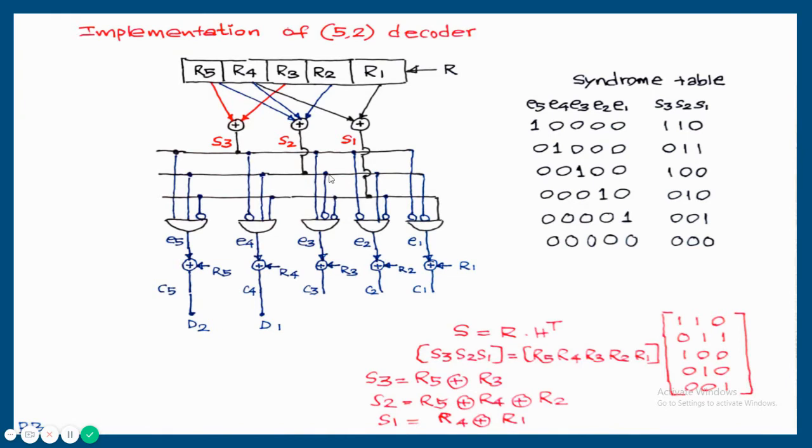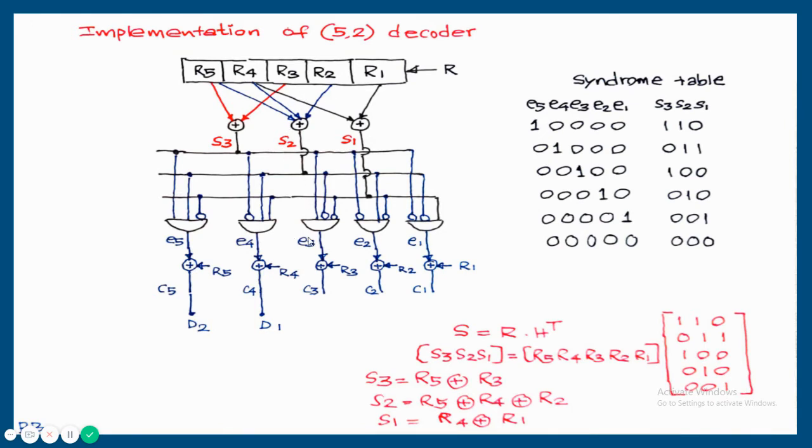Don't use the last combination 000. But total number of error bits are only 5, so we need only 5 AND gates. And if the syndrome is 000, you can verify the error pattern will be 00000, because there is no connection with the 3 inverters. So at least one 0 is going to be multiplied, the product will be 0. So for any syndrome, we are going to get the corresponding error pattern at the output side. Each one can be verified based on this connection and the decoding table.